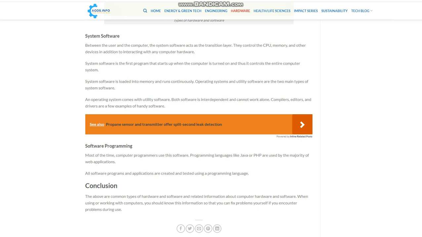Conclusion: the above are common types of hardware and software and related information about computer hardware and software. When using or working with computers, you should know this information so that you can fix